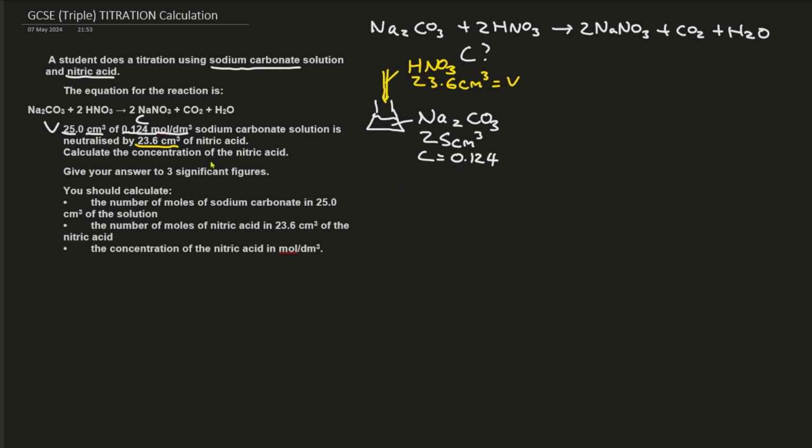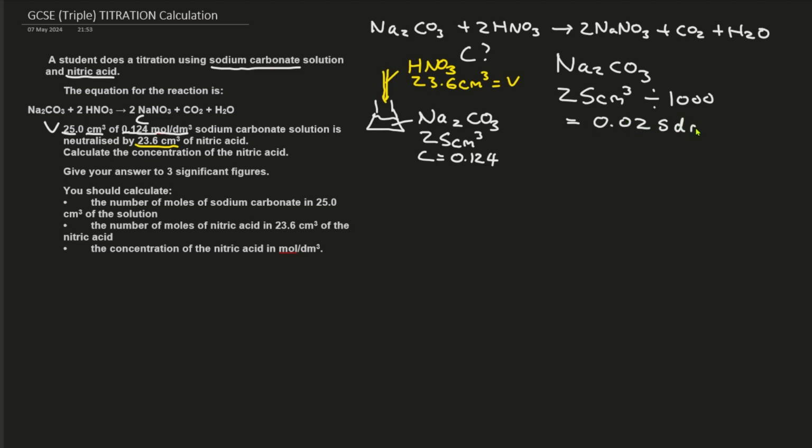So what we have here then is our concentration of sodium carbonate as well. And we're going to work out from what we know and then work backwards to what we don't know. So V is 25 centimeters cubed of Na2CO3. Now, because we've got it in centimeters cubed, we need to change that into decimeters cubed, don't we? So let's divide that by 1,000, and we get our decimeters cubed answer of